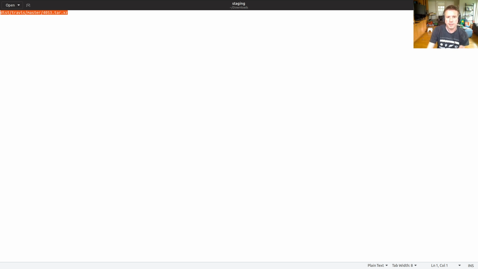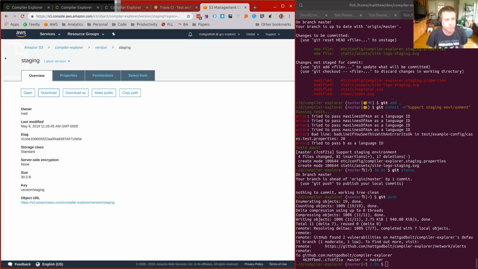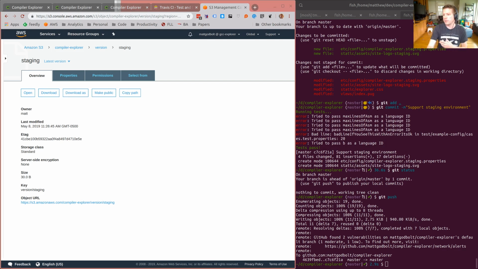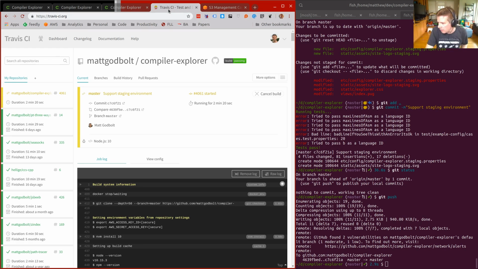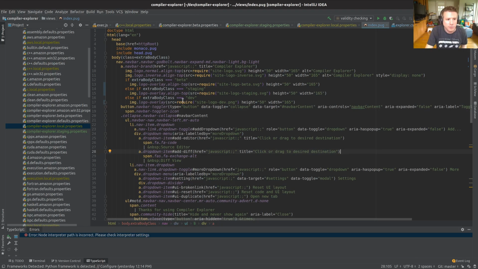So I think you can probably see now the whole chain through the process. And we're nearly there. It would be nice to get those staging instances running. And then I'm going to try and work out what to do about having the staging and the beta instances running the whole time, because at the moment they're both running the whole time, and it would be nice to change them so that the actual number of instances is variable. But at the moment I think that's actually hard coded into the Terraform.